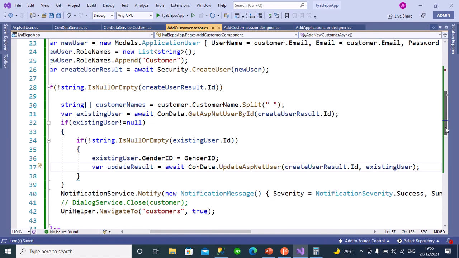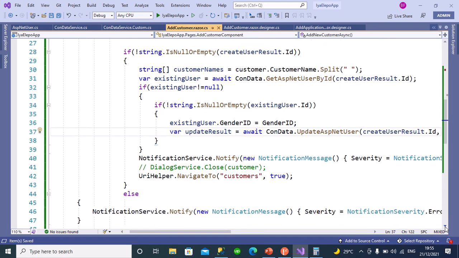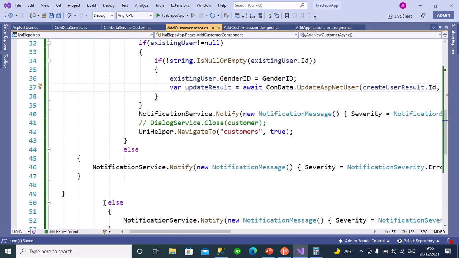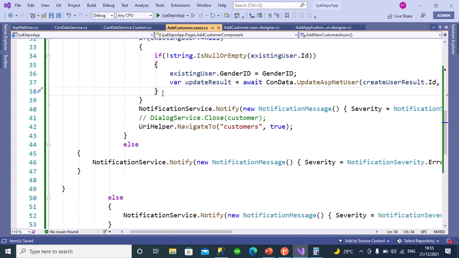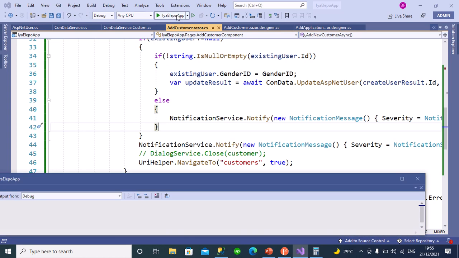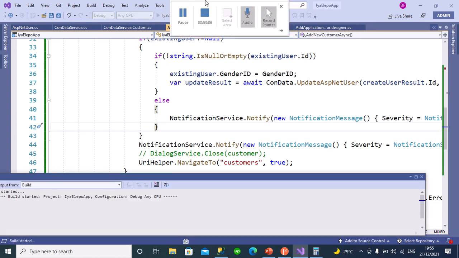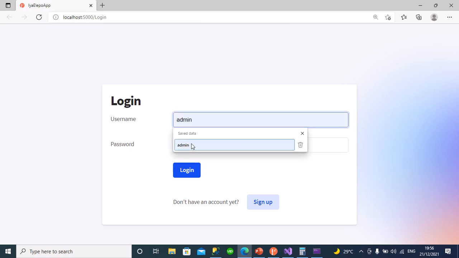So else, there should be another else there, and the else is nothing but that there is error in user creation. Are you following? Yes, sir. So let's run it again. Okay. We run Iya Elepo App. That's when you will understand better. Okay. So admin,